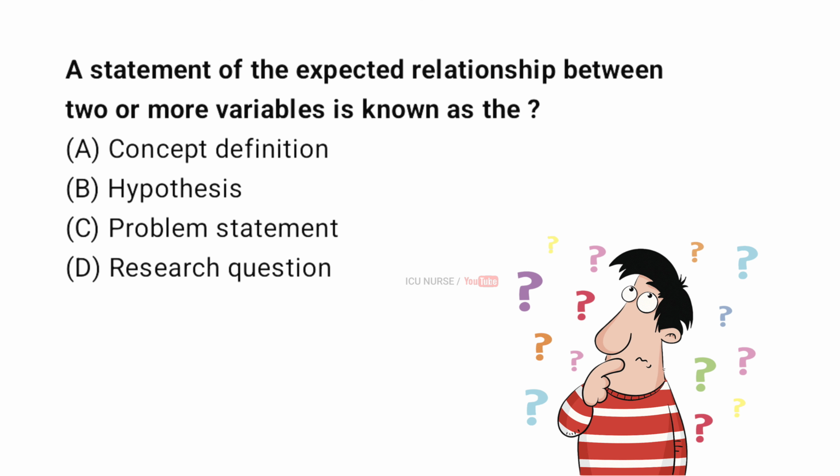A statement of the expected relationship between two or more variables is known as the A. Concept definition, B. Hypothesis, C. Problem statement, D. Research question. And the correct answer is